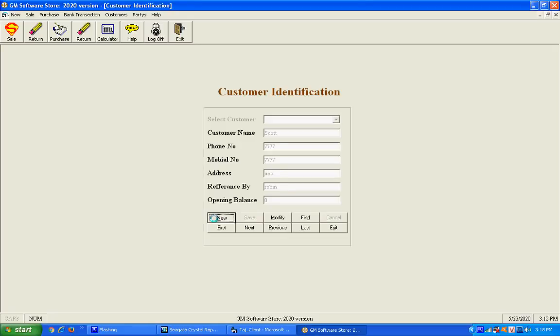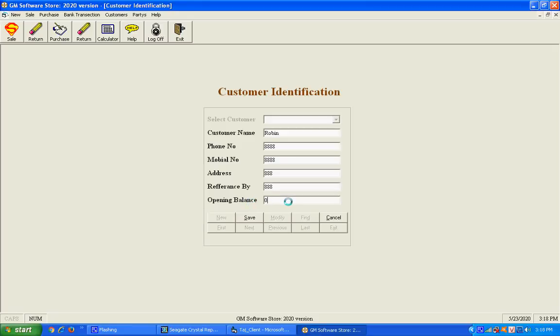Again I add another customer. I press the new button and add Robin, with a phone number, sample data, referred by, and opening balance 0. You must add a proper opening balance.